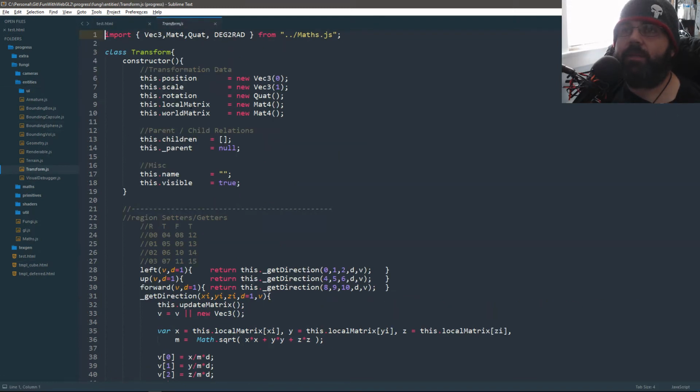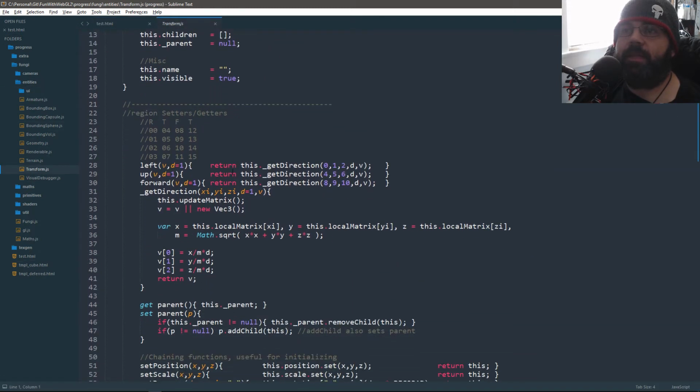There's the base class, and I tweaked it a little bit. I added some defaults, that's about it. And I think I took out something in here that checked to see if D was undefined or whatever. But yeah, in case you don't remember or you're new to the series, we get the left, up, and forward direction